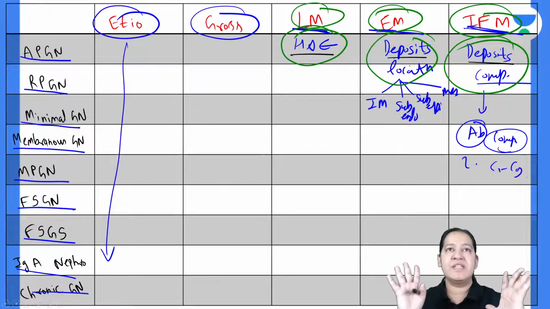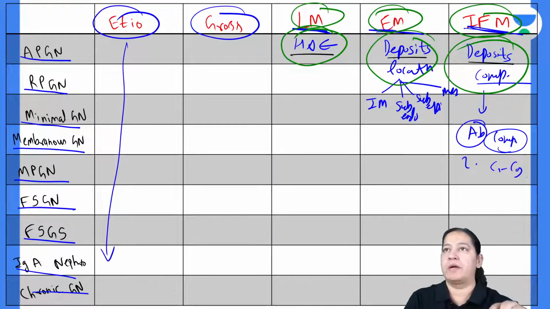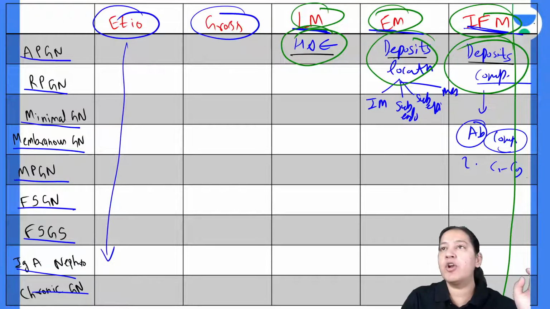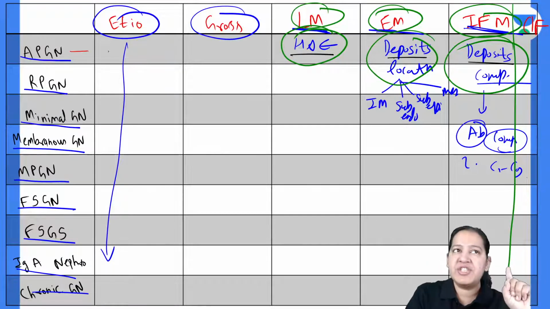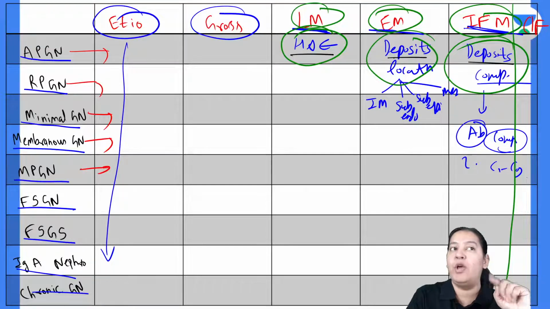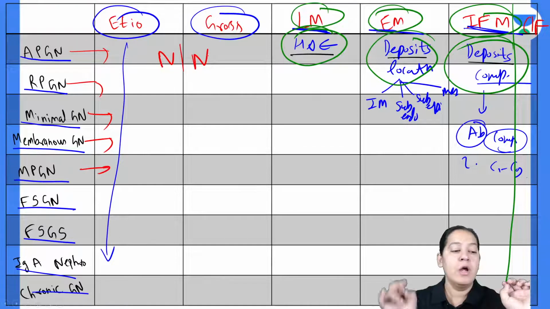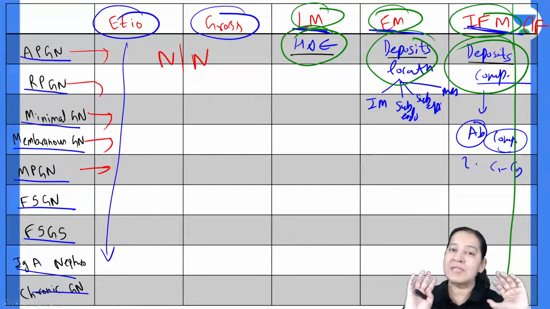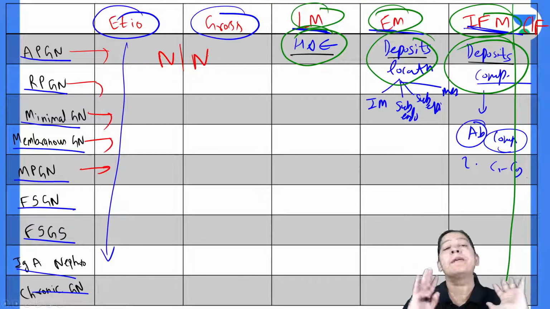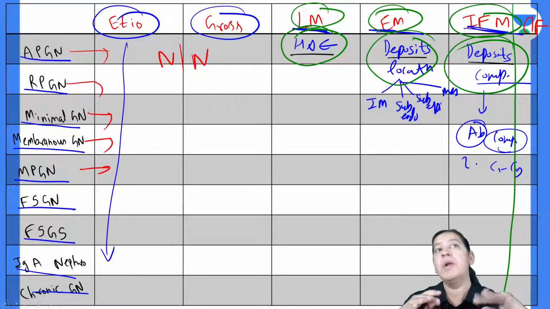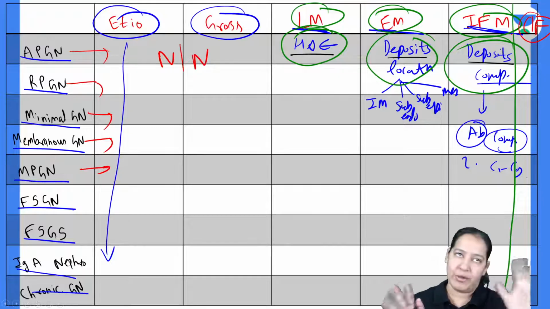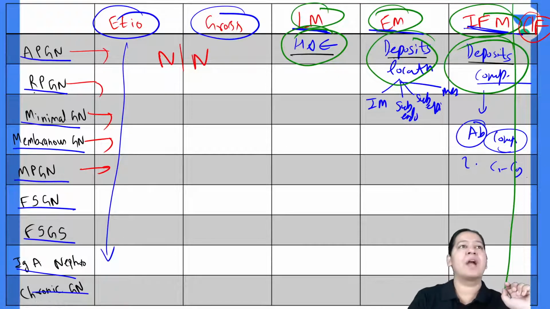Okay, without wasting time, now add one more column here. After that, add one more column, the last column. In the last column, write down the clinical feature. So in each type of glomerulonephritis, I am going to tell you whether this glomerulonephritis leads to nephritic syndrome or nephrotic syndrome. Those who have attended my yesterday's lecture already know the differences between the two syndromes. Some glomerulonephritis leads to nephritic syndrome, some leads to nephrotic syndrome, and accordingly their clinical features vary. You already know the clinical features inside them. Okay, and that's it. Let me start with the first one.